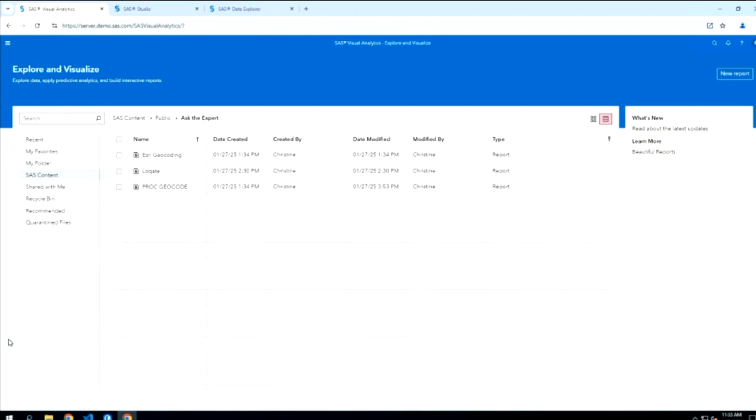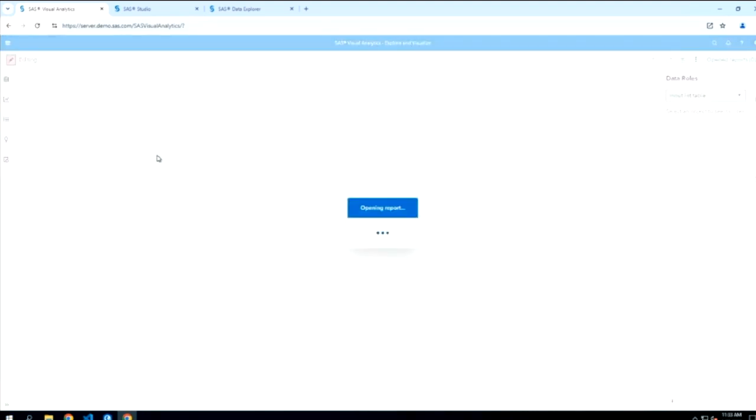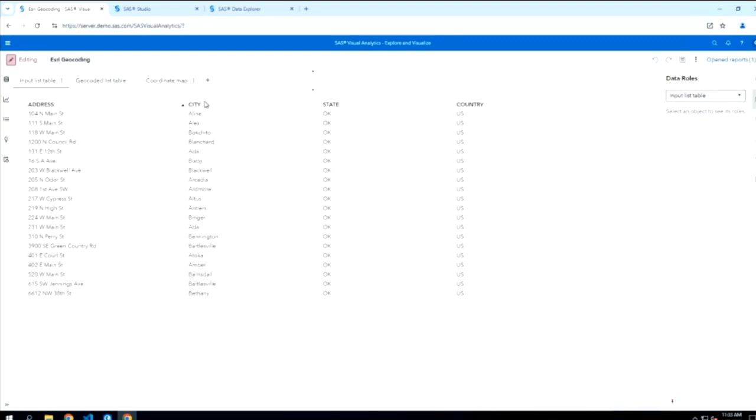So I'm already in SAS Visual Analytics here. And I've got a report that I'm going to open. And for the purposes of this demonstration, we're going to be geocoding a pretty small, pretty simple table, just so we can get a feel for what it looks like. But this is some address data for post offices in the state of Oklahoma.